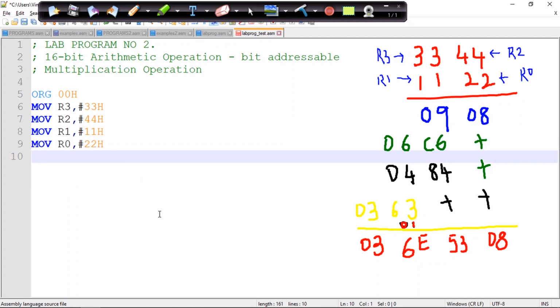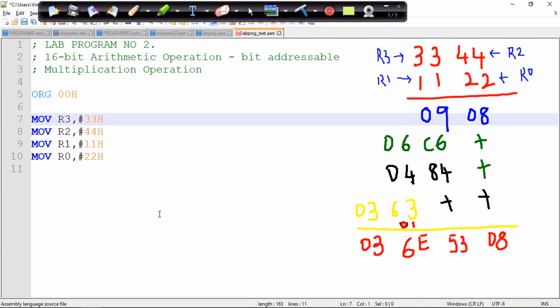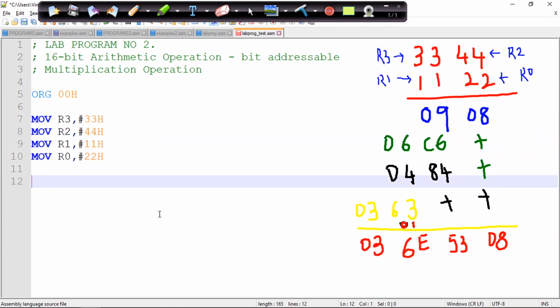Okay, so in R3 the higher nibble of one particular 16-bit number, in R2 the lower nibble of that number, in R1 the higher nibble of the second number, and in R0 the lower nibble of the second number. Now this is actually part of the movement of data. Now let us try to